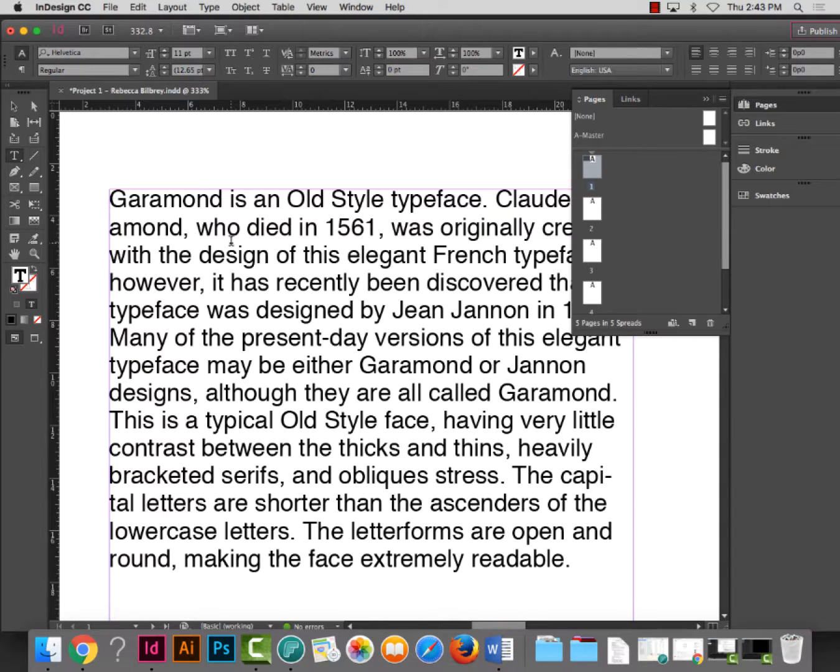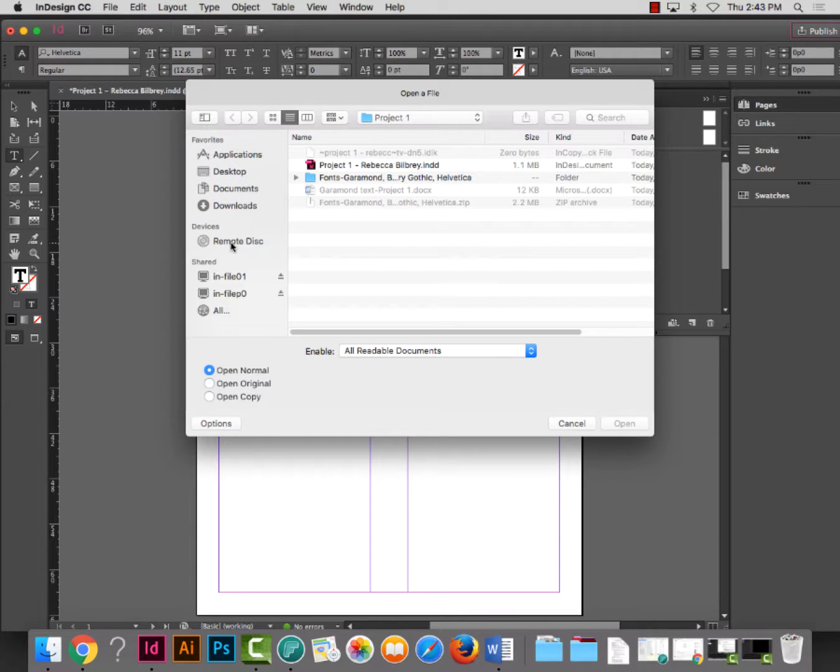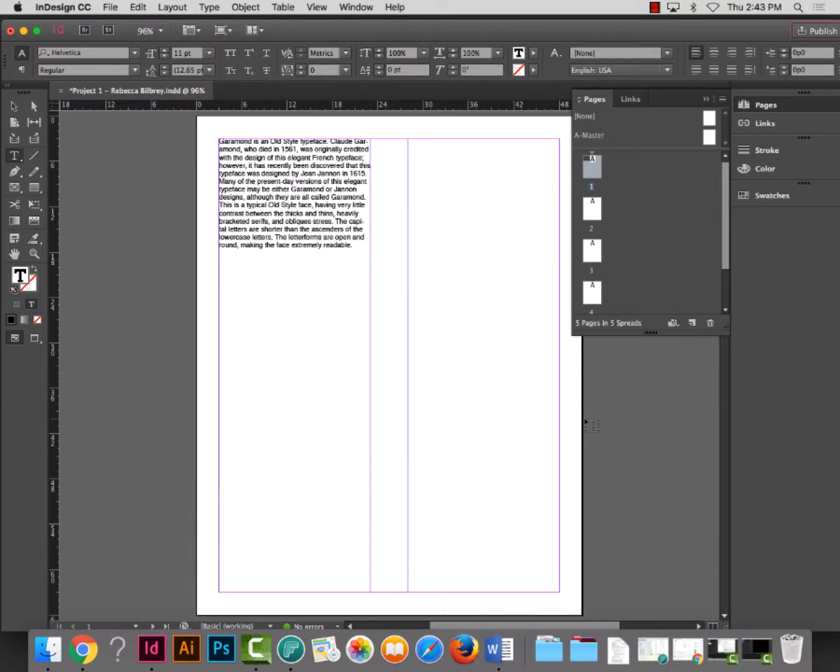Now let's say I wanted to zoom out and see the whole layout. Does anybody know the keyboard shortcut to zoom out and see the whole layout within that document? Command 0. Not Command O. Command O is, hey, I want to open up another InDesign document. Oops, nope, that's a letter. The number 0, Command 0, will zoom out so you can see the whole thing at one time